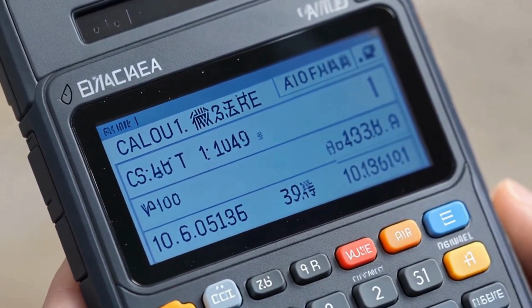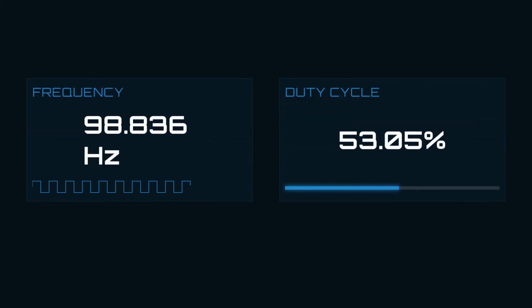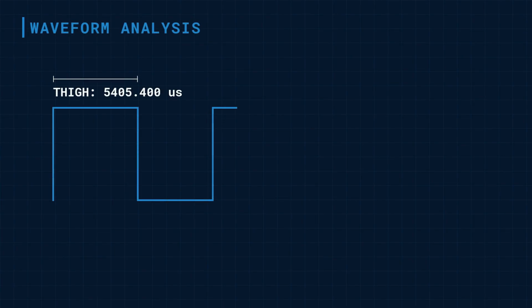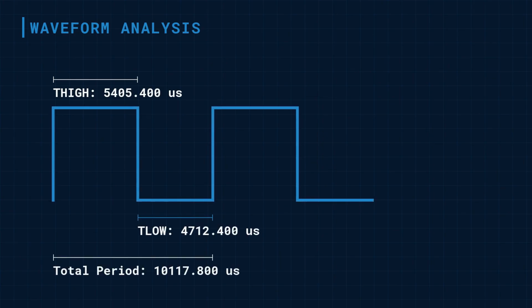After clicking Calculate, here are the results. The actual frequency is 98.836 Hz, with a duty cycle of 53.42%. T high measures 5405.400 microseconds, while T low is 4712.400 microseconds, giving us a total period of